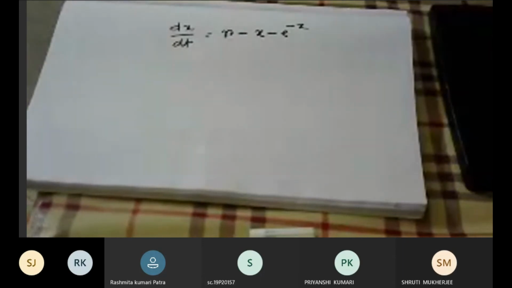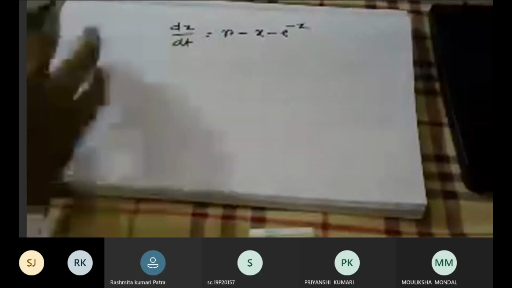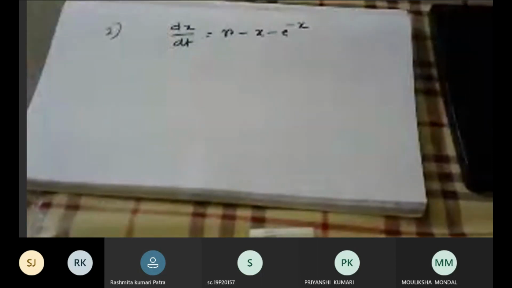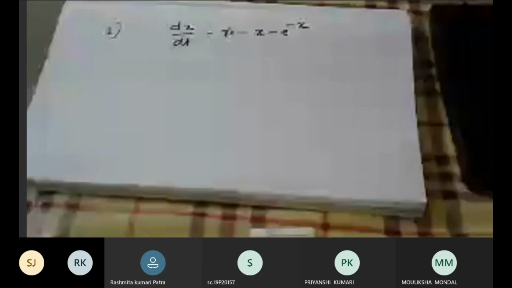If I ask you about this system, then the first question will be, is there any fixed point in the system? Next question will be, is there any parameter dependence of that fixed point on the system? And then we will change the parameter and see how the system evolves. Okay. So you can go ahead and analyze the problem similarly as we did in the previous case. But in this one, I want to demonstrate one more method which will be more useful in this particular example.